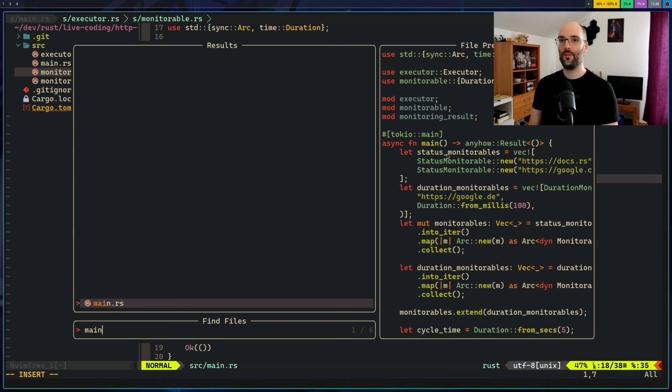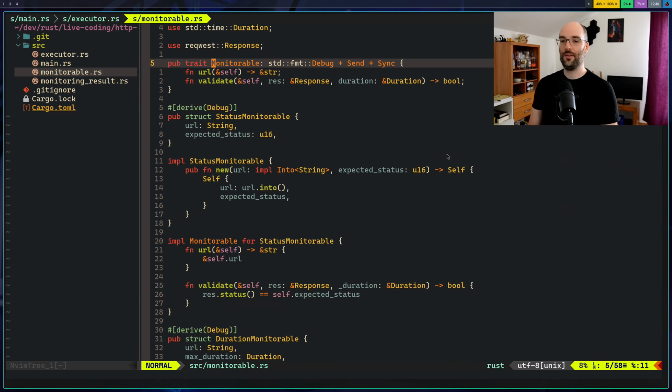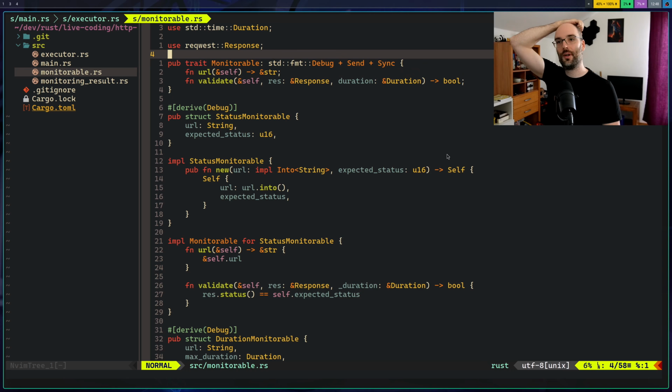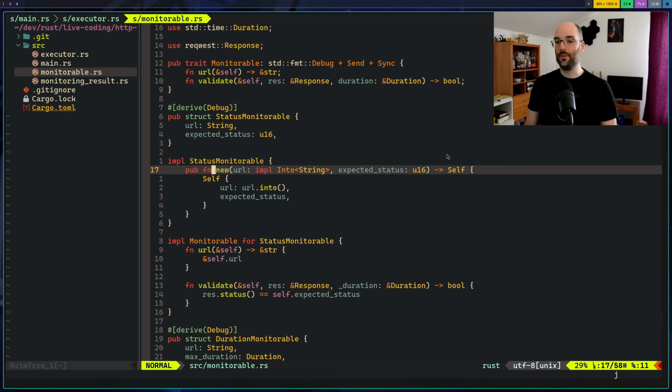So I think what's going to be today's job is get rid of the monitorable trait and instead refactor that to be, I guess, an enum. It's probably the correct choice here, with individual variants like the status monitorable or the duration monitorable.